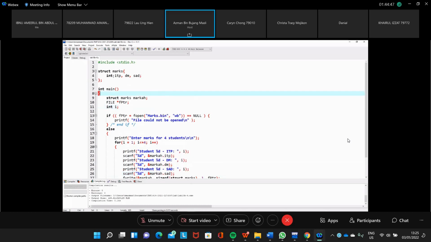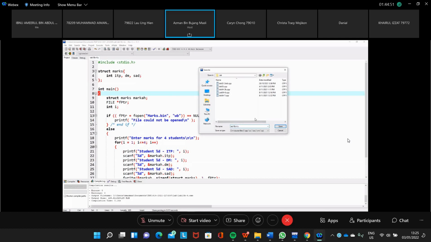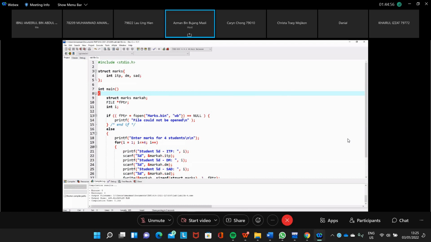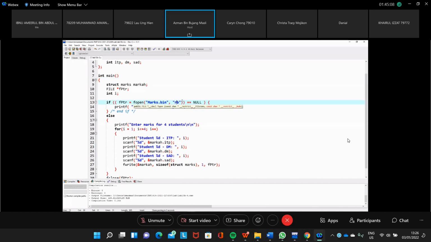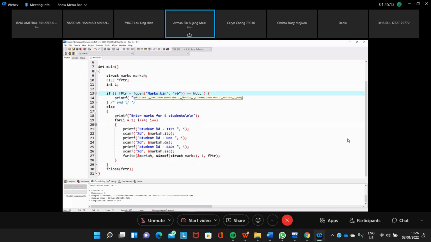We save this as number 5. Now instead of opening the file for writing, we need to open the file for reading. Reading binary, we need rb.